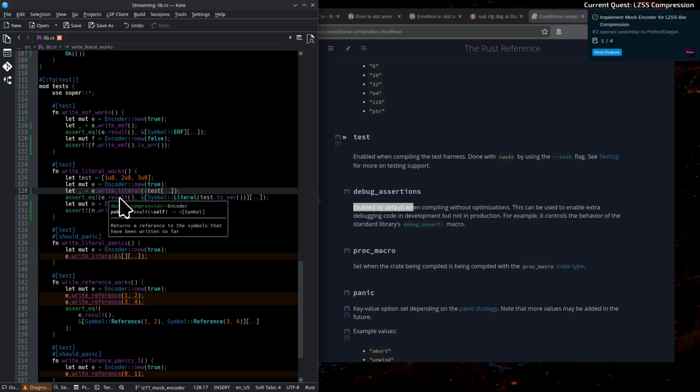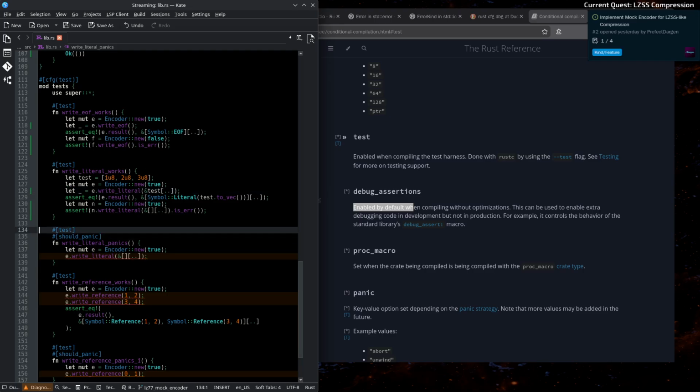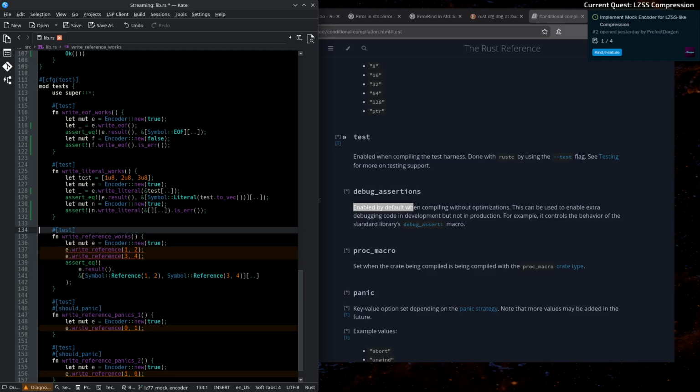But what if there is a freak accident and we can actually add a symbol to a vector, right? There could be a problem there, but that's for a test in the real encoder. For our encoder, it should work. All right, and lastly for the reference,